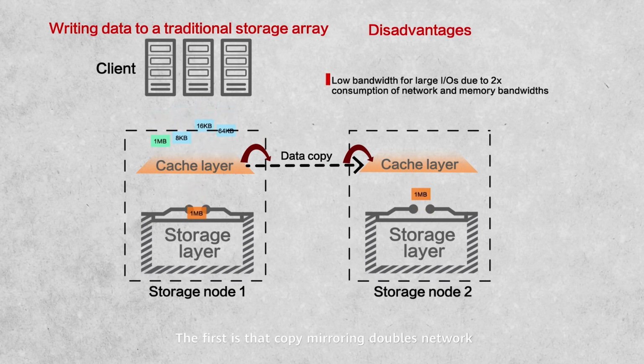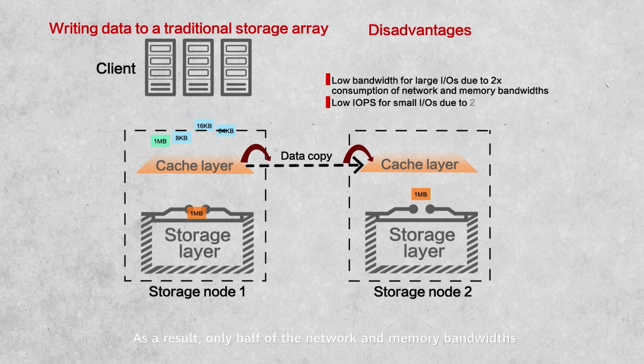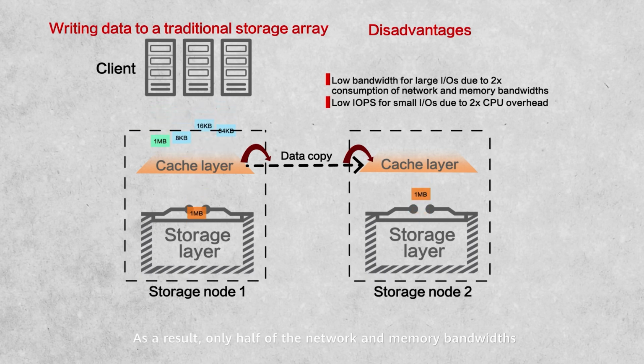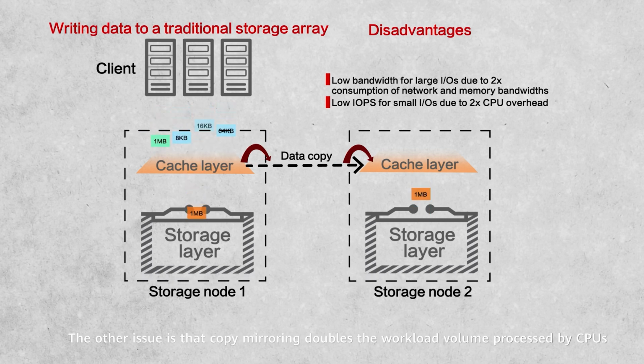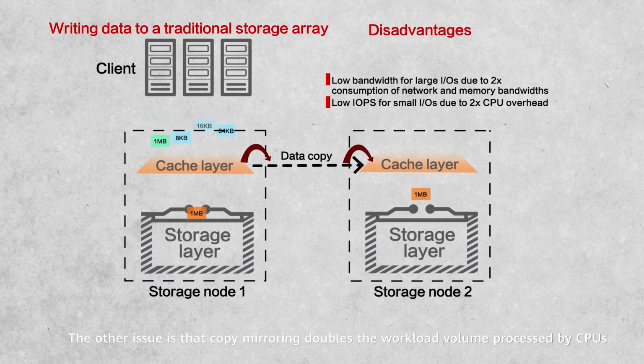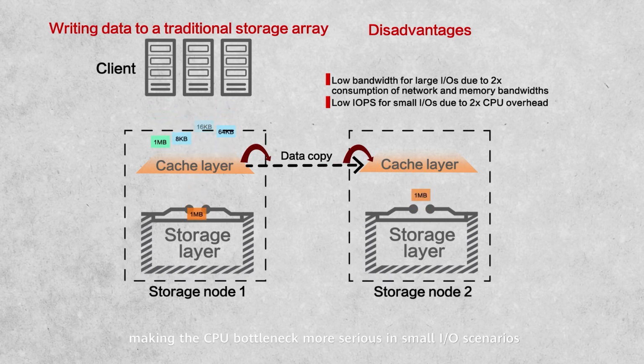The first is that copy mirroring doubles network and memory bandwidth amplification. As a result, only half the network and memory bandwidths can be provided for workloads at most. The other issue is that copy mirroring doubles the workload volume processed by CPUs, making the CPU bottleneck more serious